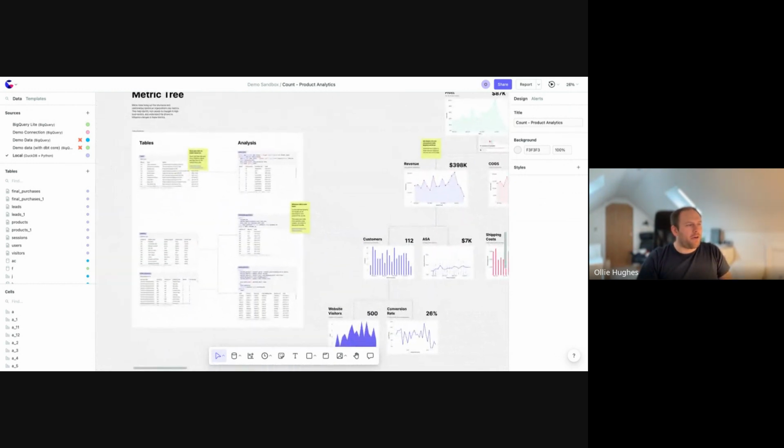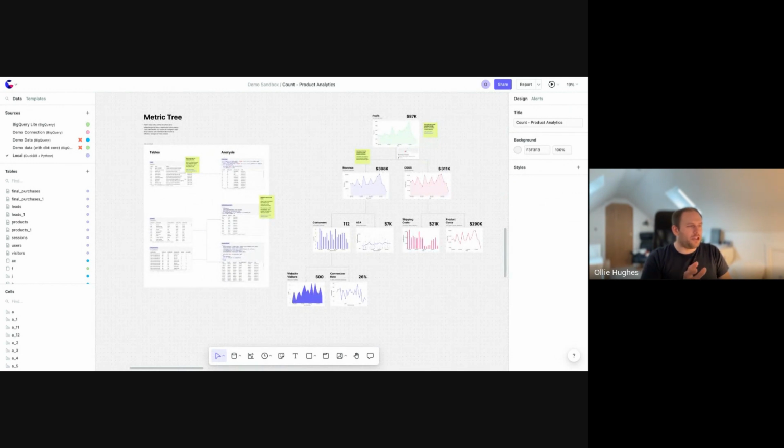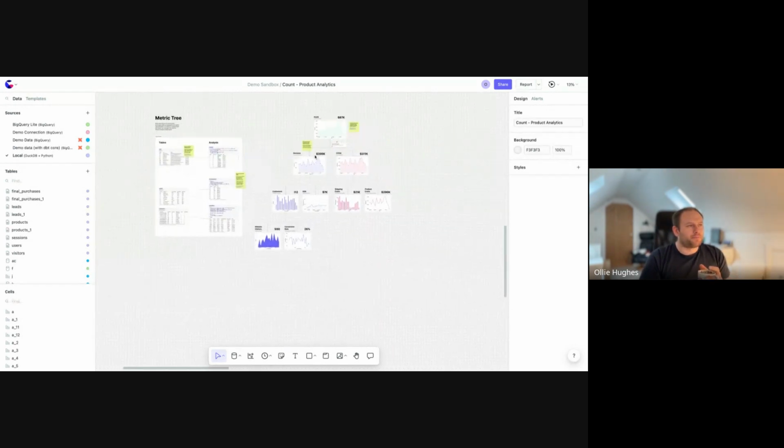And again, the power of the canvas, at least if you wanted to look at it this way, is that you're able to build and define the definitions of these metrics directly within the canvas as well, and get buy-in from the business on the definitions, on the data, and on the underlying metrics. All the code that you're writing as a product management team is not invisible, stuck in a data warehouse. It can be seen and discussed with the team.